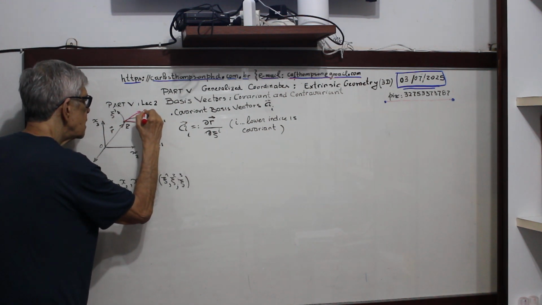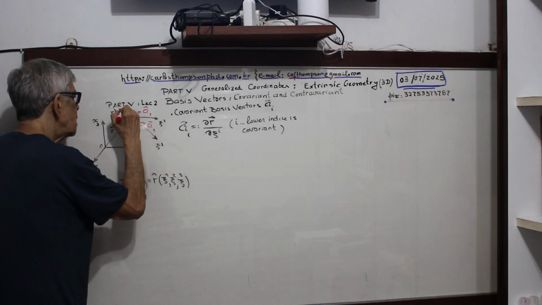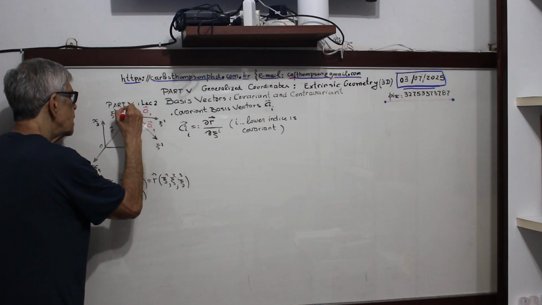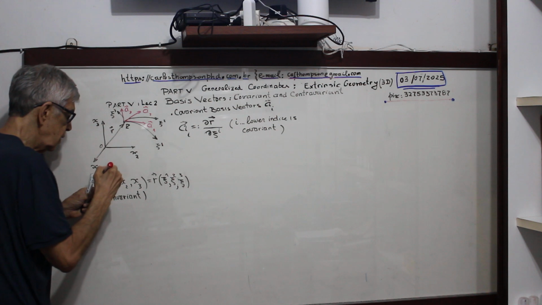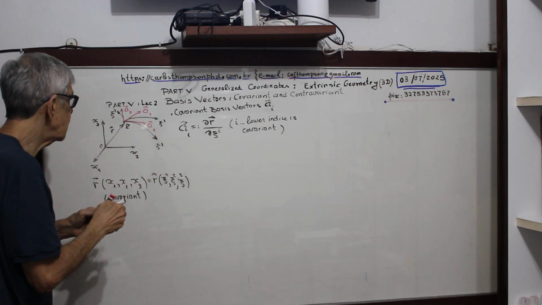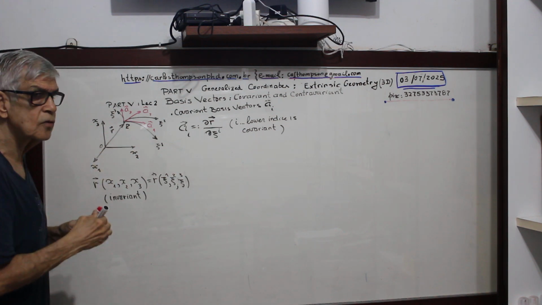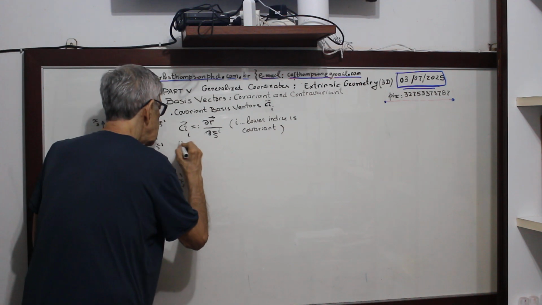This is A2. This is A3. Attention now. You see, in generalized coordinates, the basis vectors in general